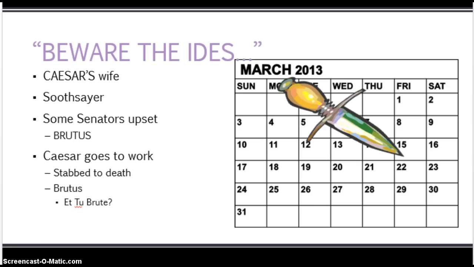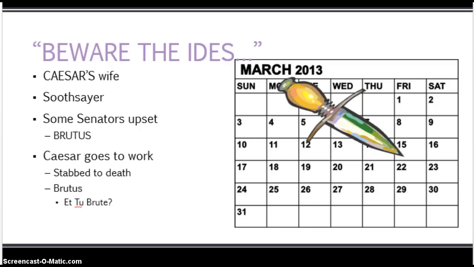Beware the Ides. Caesar's wife foresees trouble brewing. She begs her husband to please not go to work on the 15th of March. Something bad is going to happen. Caesar wrote her off like it's not a big deal. Perhaps he felt this way because Caesar, in the meantime,